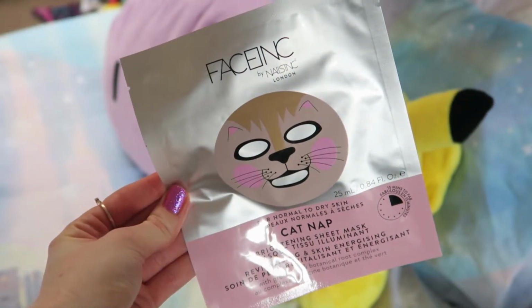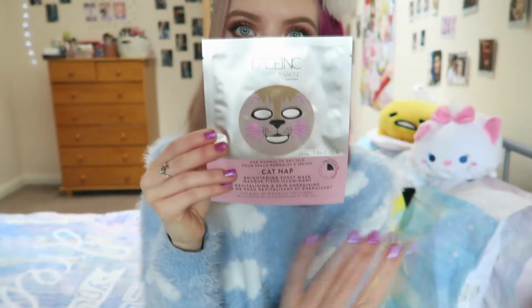If you can see on the front, it's a cat face mask, so I was like, that's epic, I've got to try that, because you know it's always even more fun if your sheet masks look like something, because sheet masks can be a little bit scary and intimidating. And I know whenever I've worn a sheet mask around my boyfriend, he's just like, holy crap, you look insane. But this one will be so fun to try, and I kind of feel like I've been saving it